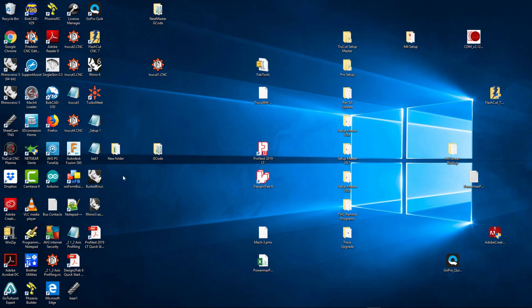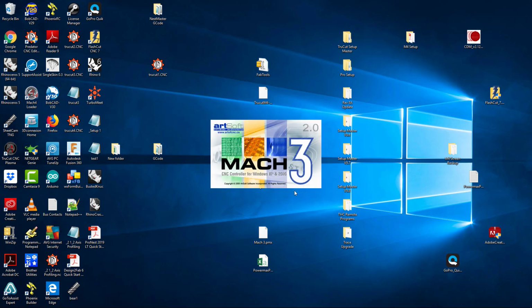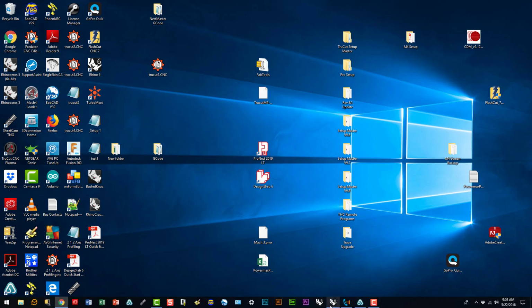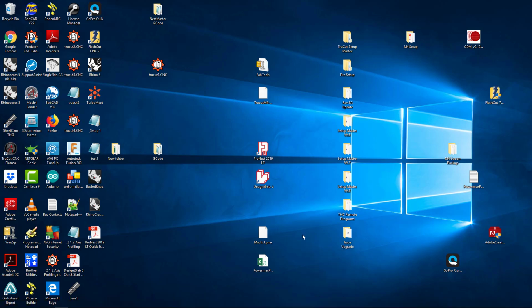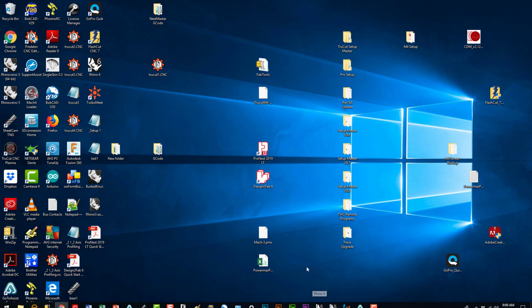If you find that Mach 3 opens like this, you get the splash screen, but then the splash screen just disappears and Mach doesn't open, the cause is likely your last Windows update. So what you need to do is roll back the last Windows update, and to do that, what we do